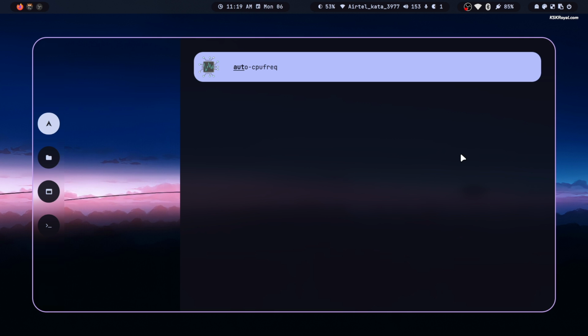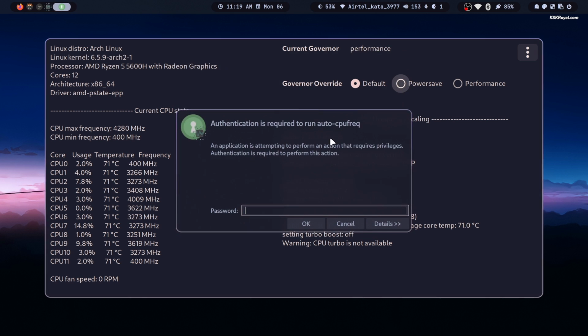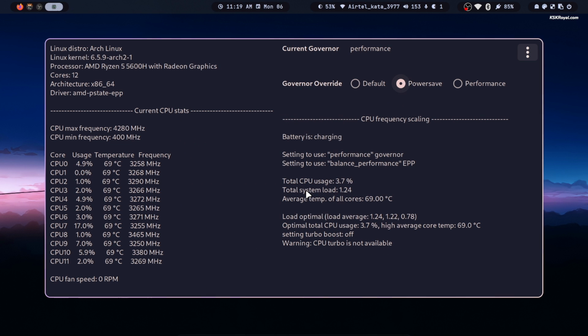Now reopen the GUI. By default, the system is set to use the balance mode, which works well on various laptops or systems. Enabling the default option optimizes the CPU automatically based on the demand. If you're aiming for more battery life on your Linux laptop, consider enabling the power saving mode.